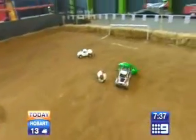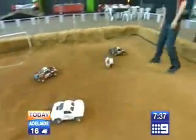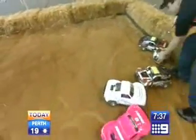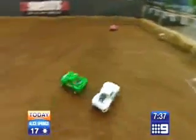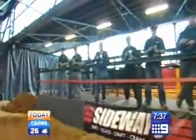This is car soccer. Now, you normally get 3 minutes each way, and of course the idea is to chase a soccer ball around and get it into the goal at the other end, just like the World Cup, only a lot more fun, and you probably don't need as much soccer talent either. You've even got a hump in the middle of the ground so you can do massive jumps, and it's all about the smash-ups really, and it's a great place to come along with the kids, with the family, and particularly with a bunch of blokes,